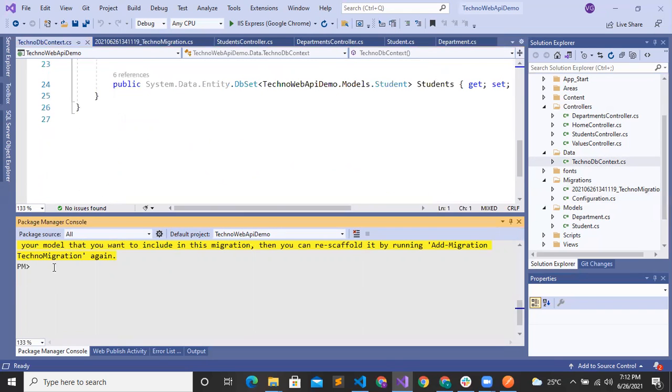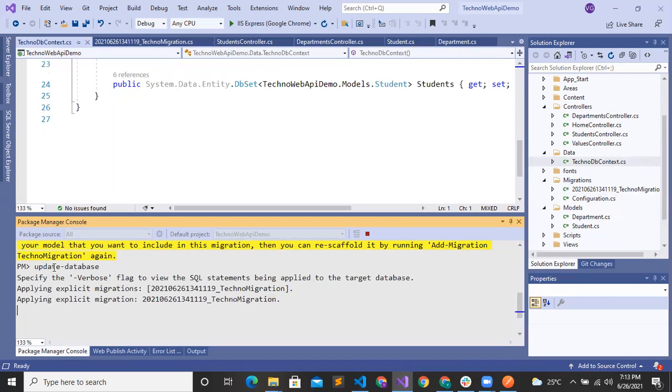Now we will update our database. And our database is generated.